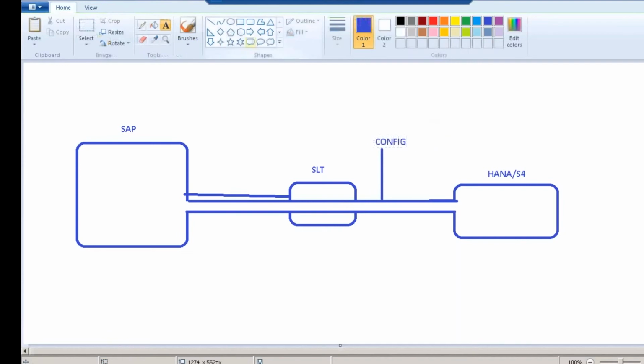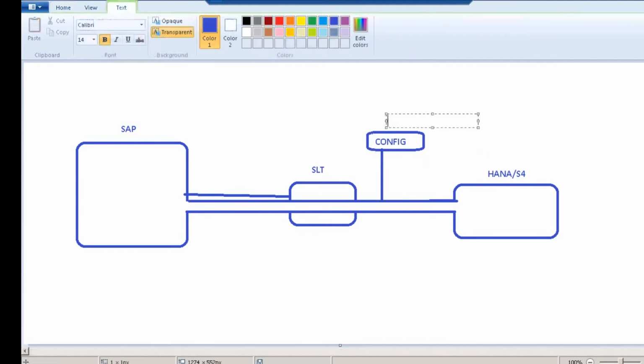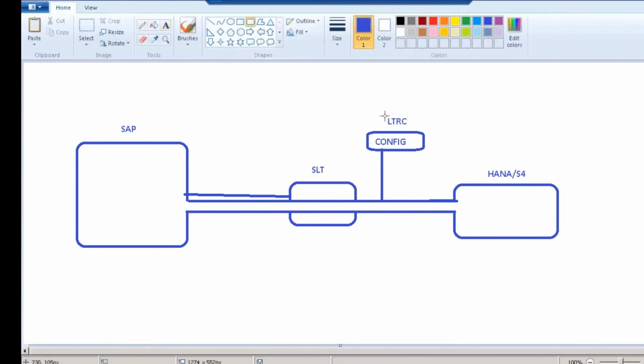Now what is the meaning of configuration? Configuration is nothing but creating a connection. Now where is this connection created? This connection is created in the T code LTRC. What is LTRC? LTRC means Landscape Transformation Replication Cockpit. Now what we are going to do is, please see participants,